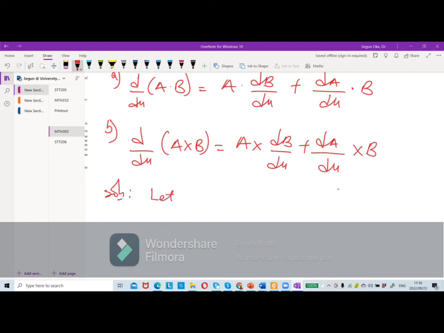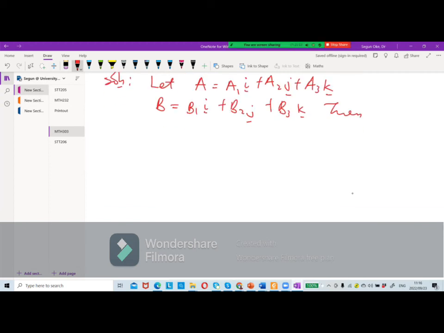For A, let A equals A1 i plus A2 j plus A3 k. And let B equal B1 i plus B2 j plus B3 k. Then d/du of A dot B is equal to d/du in brackets, A1